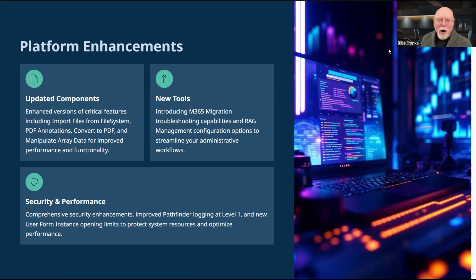And so if you are using M365, that's a rather complex setup to get M365 to work with collaborative document authoring, because all of your documents now have to be stored in your M365 system. So we've added some troubleshooting stuff into the product for M365. I'm not going to show it to you. Most of you do not use CDA, and those that do generally don't use Microsoft 365. Those who do use it really want it. And so we have some migration troubleshooting capabilities as well.